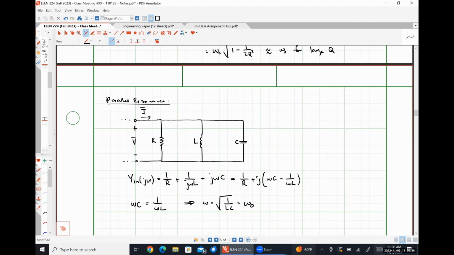So the resonant frequency for a parallel RLC circuit is the exact same thing as the resonant frequency for a series RLC circuit. And that should hopefully make a little bit of sense to you guys, because when we looked at transient analysis of series RLC circuits and parallel RLC circuits way back in circuits 2, omega naught didn't change even if we went from a series combination to a parallel combination. So it shouldn't change here either because it literally represents the exact same thing.